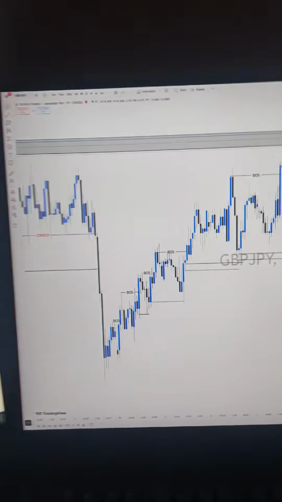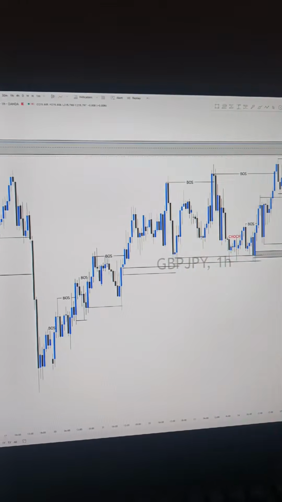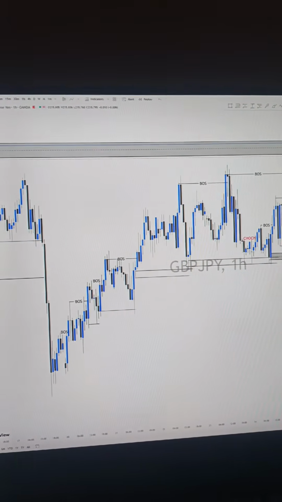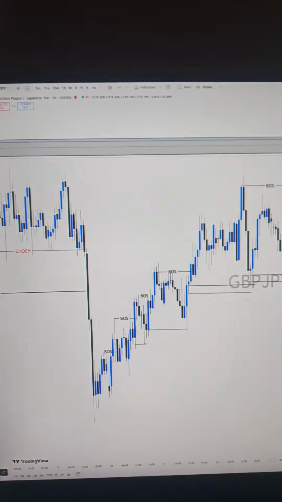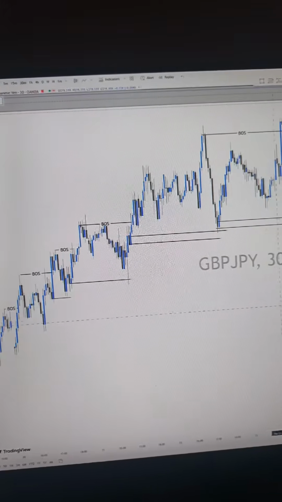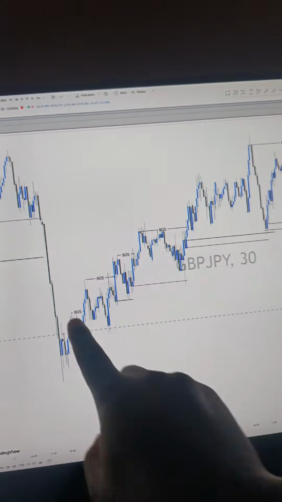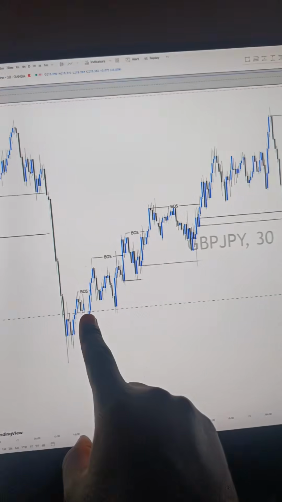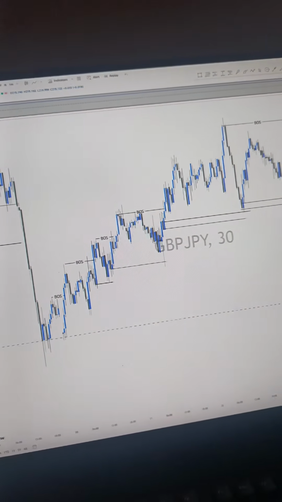Hello guys, this is GBPJPY on a 1 hour time frame, and I'm going to give you a quick recap on what we had. Been cooking something here on GJ, but I'm going to start it on 30 minutes for this buy, right? So we had a break of structure, we came for this demand, but actually around this